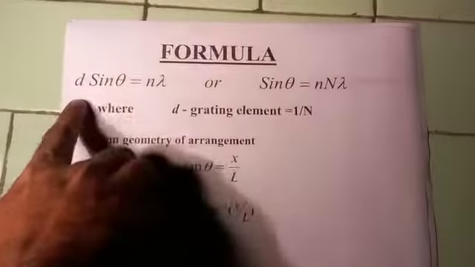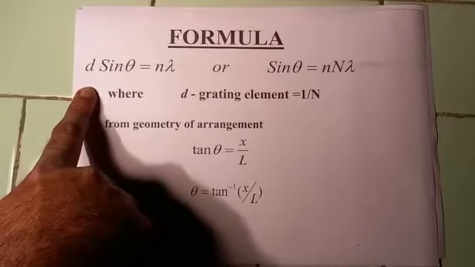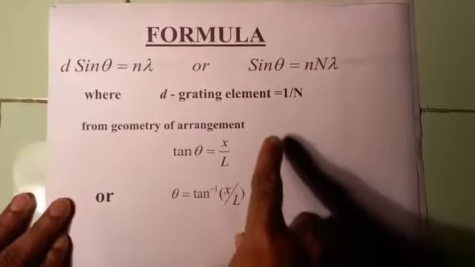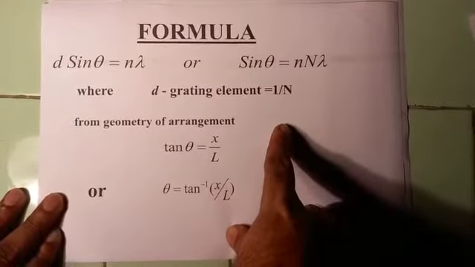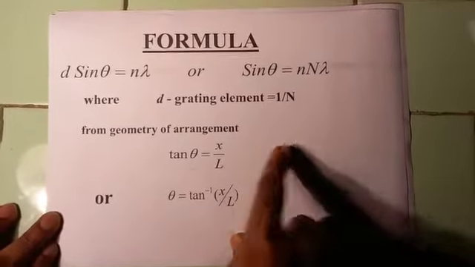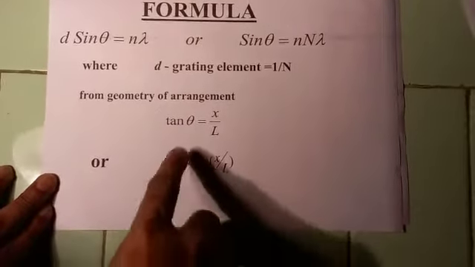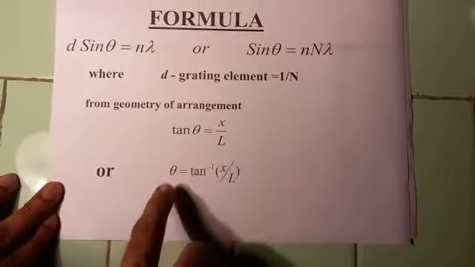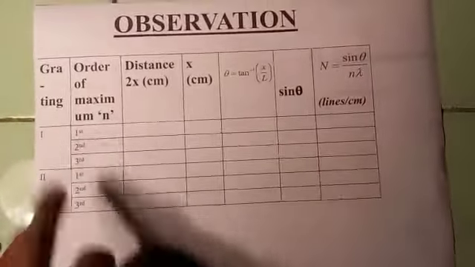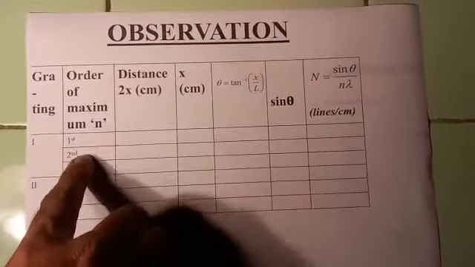So how it goes. The formula for grating is d sine theta equals n lambda, where d is called the grating element, also related to the number of lines as 1 upon n, where n is the number of lines, determined in terms of number of lines per centimeter. Then we are going to determine theta as we said earlier, and from that we can determine tan theta. From tan theta we will determine theta, and then how we will perform the experiment. There are various orders which will be visible. So for first order we will